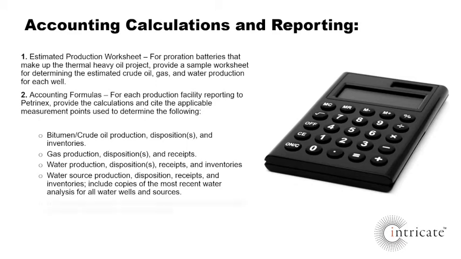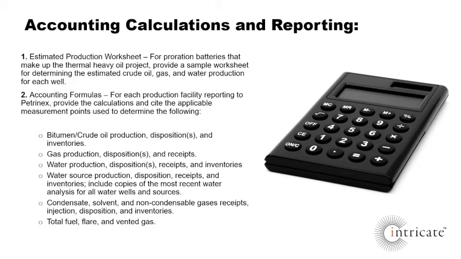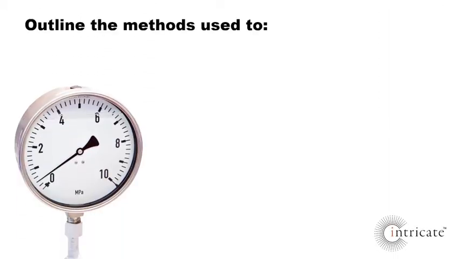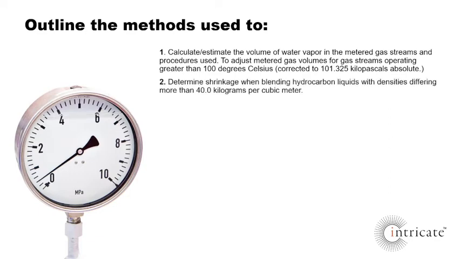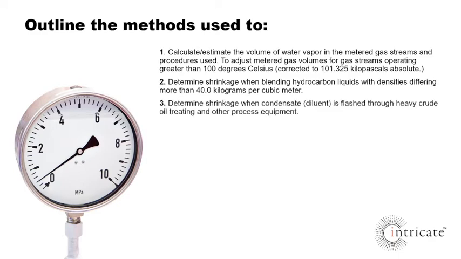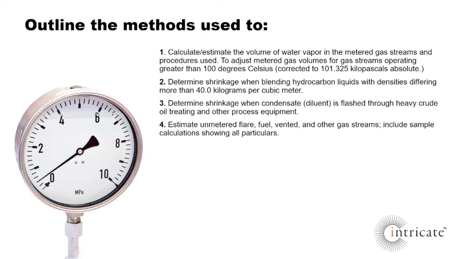water wells and sources, condensate, solvent, and non-condensable gases receipts, injection, disposition and inventories, and total fuel, flare, and vented gas. Outline the methods used to calculate or estimate the volume of water vapor in the metered gas streams and procedures used to adjust metered gas volumes for gas streams operating greater than 100 degrees Celsius, corrected to 101.325 kilopascals absolute, determine shrinkage when blending hydrocarbon liquids with densities differing more than 40 kilograms per cubic meter, determine shrinkage when condensate is flashed through heavy crude oil treating and other process equipment, estimate unmetered flare, fuel, vented, and other gas